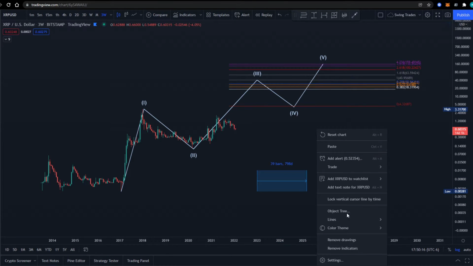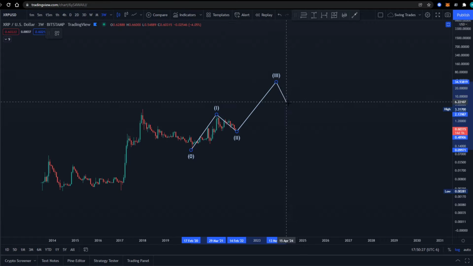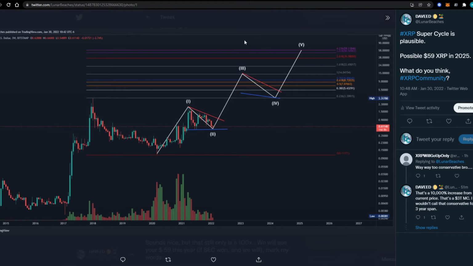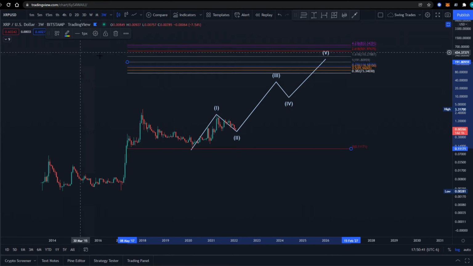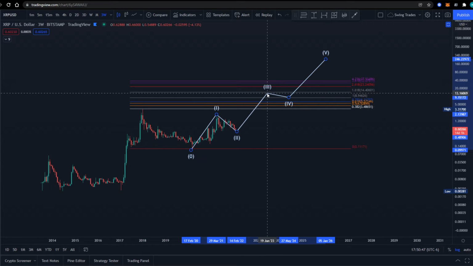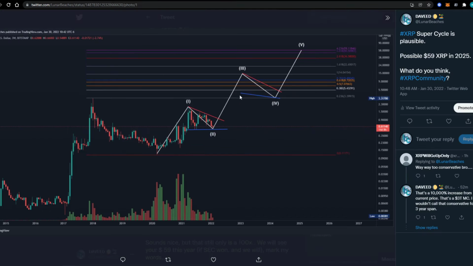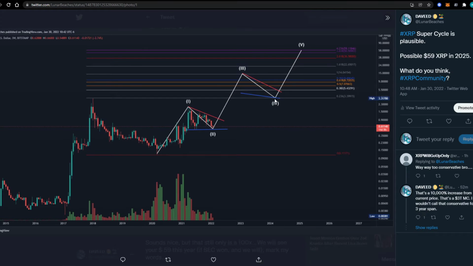All right, let's just go ahead, get rid of all the drawings, and let's see how I came to this conclusion. So we've got 1, 2, 3, 4, 5. I'm just going to lay them out. All right, so first one, we go up to the 100 on a super cycle extension. Let's see. So we go up to the 1 just above the blue. Yep. Pull back down to